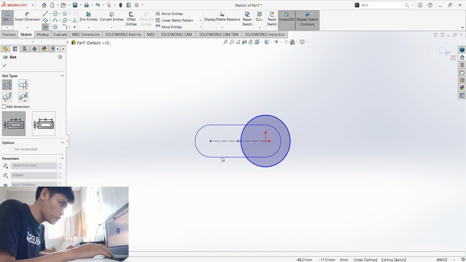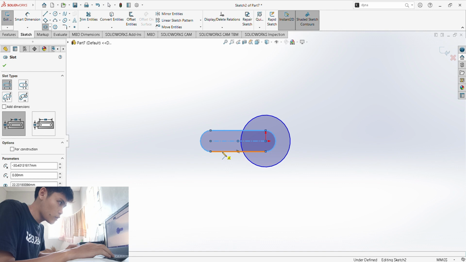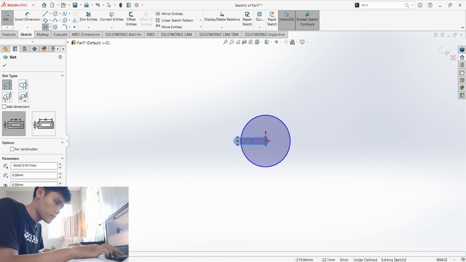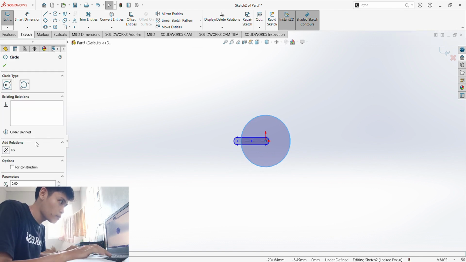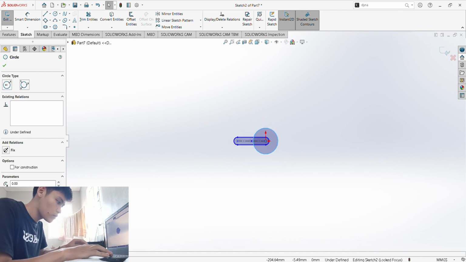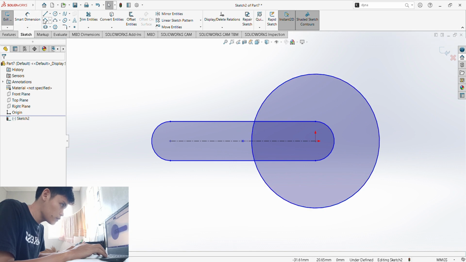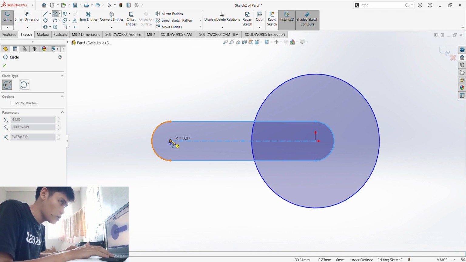Then another one of this, which should have 8 in diameter and 31 in length. 8, 31. And check. Over to, and then check. Let's zoom in, and then let's create a circle right here.